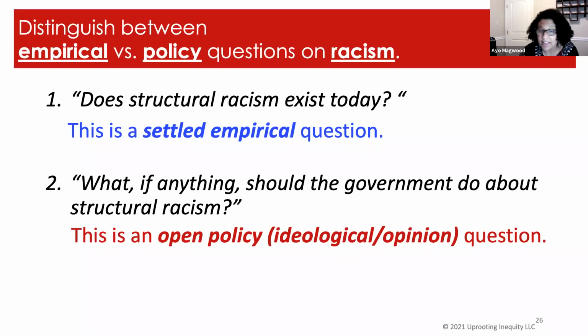However, what, if anything, should the government do about structural racism? We're talking affirmative action, reparations, defunding the police. Those are open policy questions. Those are up for debate. And even if we have, as educators, very strong personal views on them, they still need to be presented as objective, and you need to welcome views across the ideological spectrum, because that is an opinion and it's going to depend on a person's ideology. There's no right or wrong answer to that.